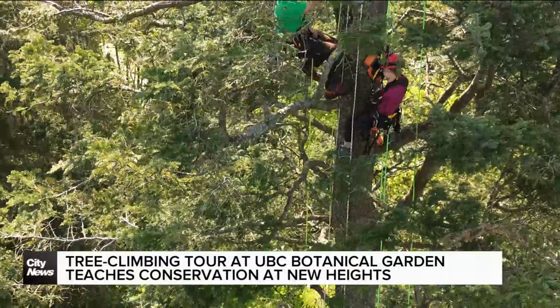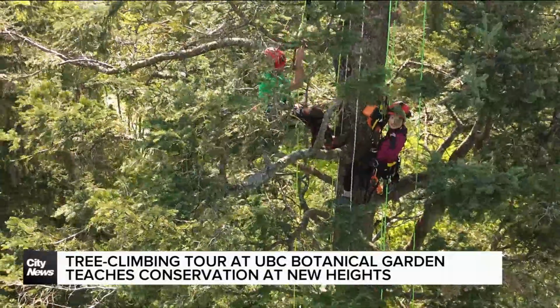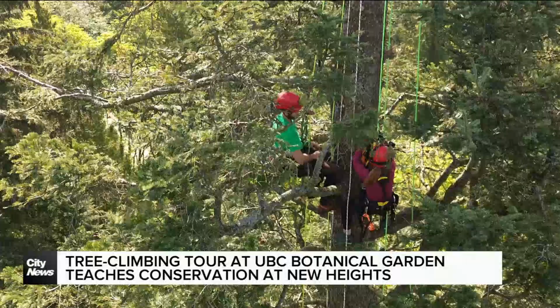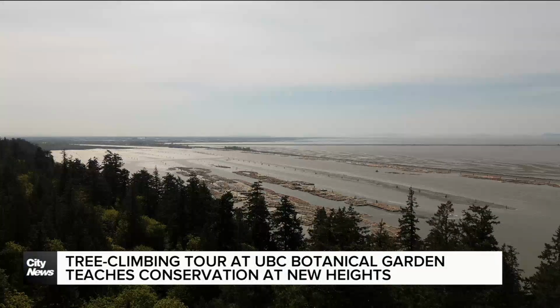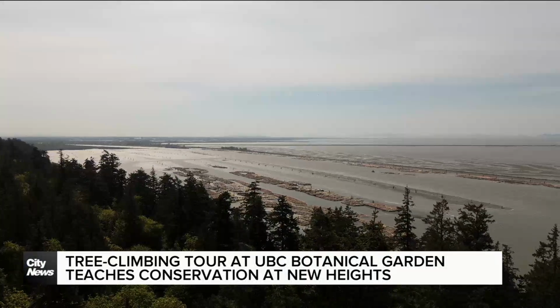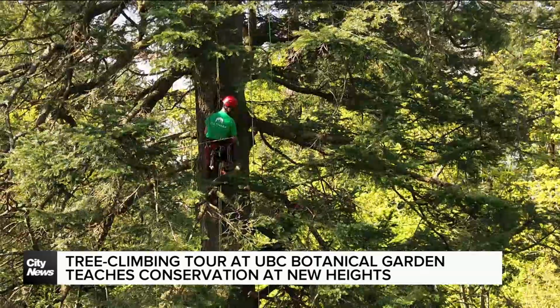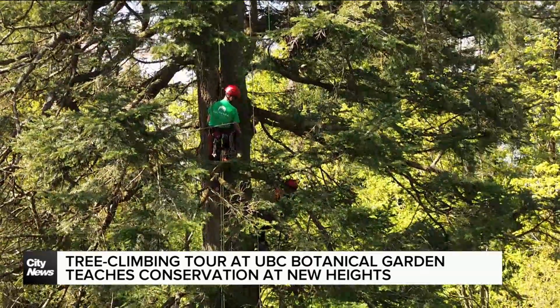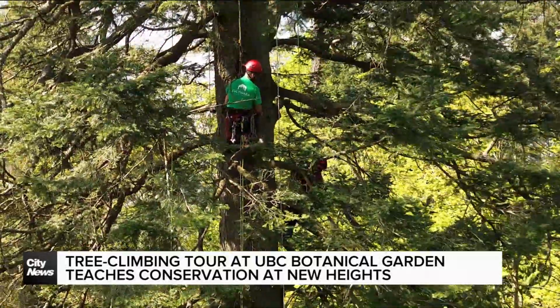So right now we're about 140 feet up from the ground. That's about a 15-story building high. To my right, you can see that's the Coast Salish Sea here. And on a nice, bright, clear day, once you're at the top, you can get a whole view of Vancouver. Zdorsky says through the tour, he hopes to spread more awareness about the realities of climate change and the ongoing